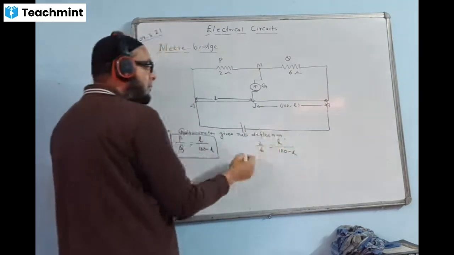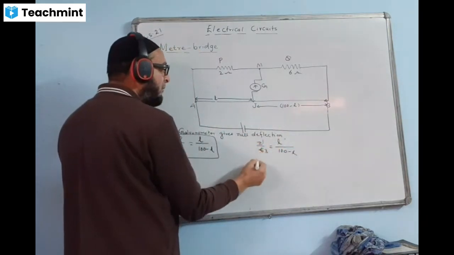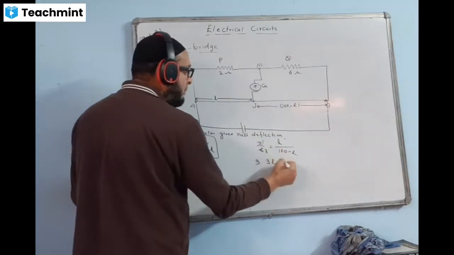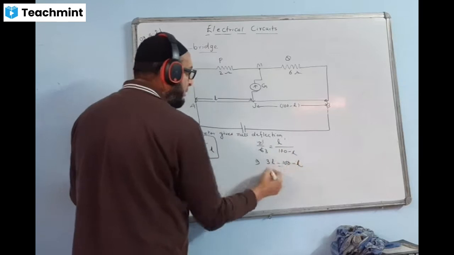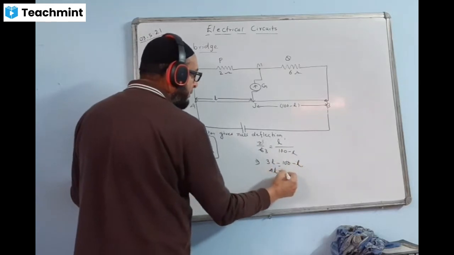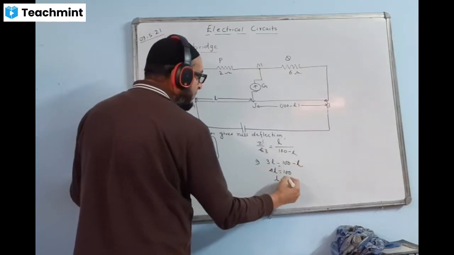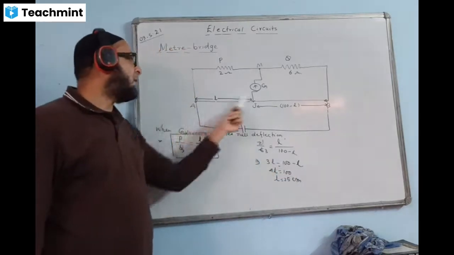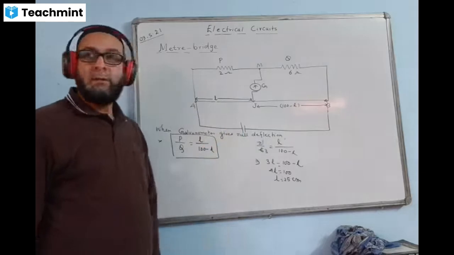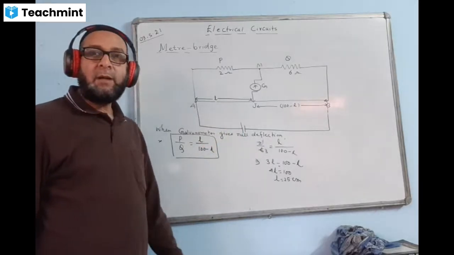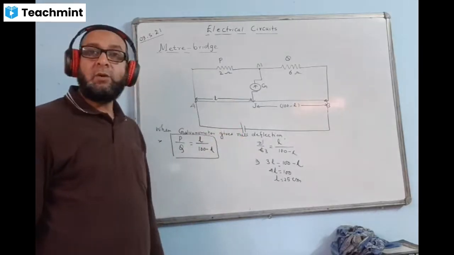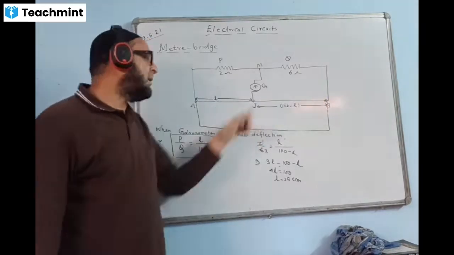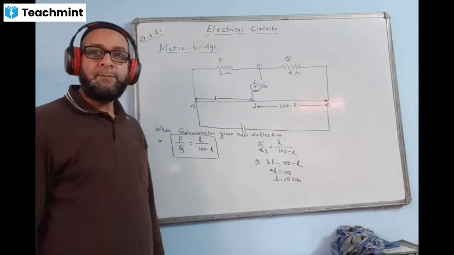And now we'll be doing the calculation. 2 1s are 2, 3 1s are 3, and find the value of balancing length. This will become 3L. This will be 100 minus L. 3L plus L become 4L is equal to 100. So therefore, L value is coming 25 centimeters. You can say the balancing length from the point A must be 25 centimeters, which at 25 centimeter mark, the galvanometer should give null deflection, zero deflection. That means from the other side, it will be at a distance of 75 centimeters.